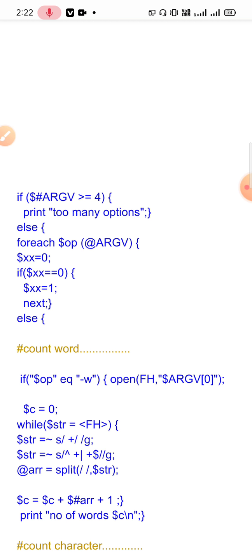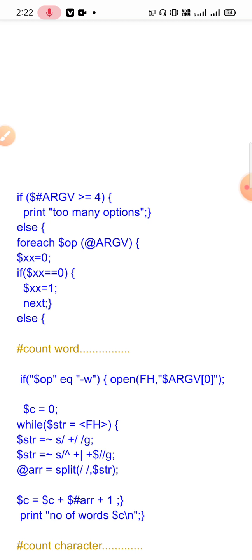We are going to enter one argument as the file name and 3 options, so 4. Total number of arguments should not be greater than 4. That means the final index of the ARGV array should not be greater than 3.